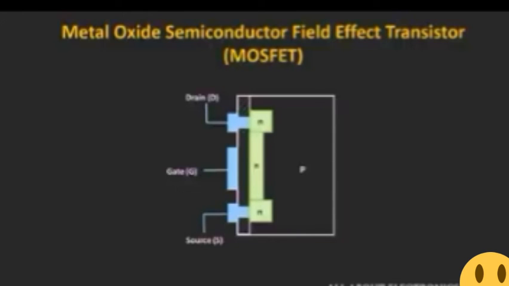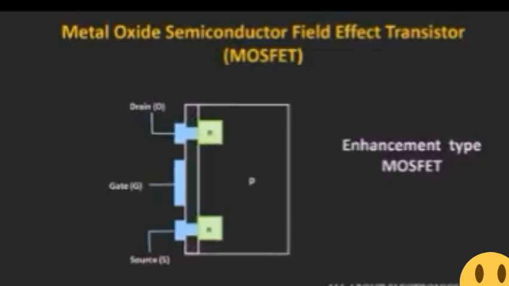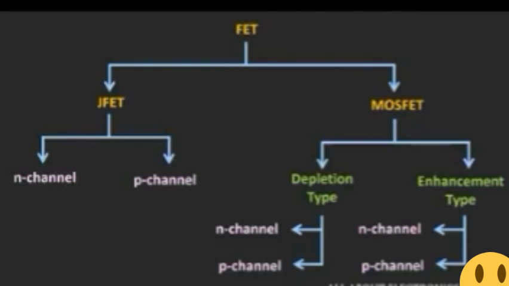The structure shown in this diagram is the depletion type of MOSFET, where the voltage applied at the gate terminal depletes the charge carriers in the n channel, while the structure shown in this diagram is the enhancement type of MOSFET. In this type of MOSFET, a channel is formed between the two n regions when we apply a voltage at the gate terminal. So these are the two types of MOSFETs, and these two types of MOSFET can be further classified as either n channel or p channel MOSFET. So these are the basic types of FET.